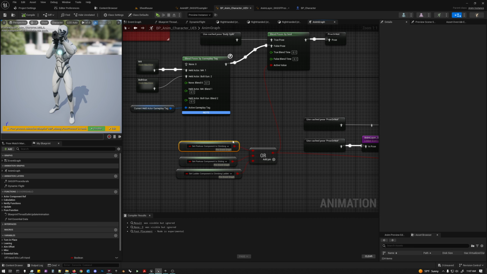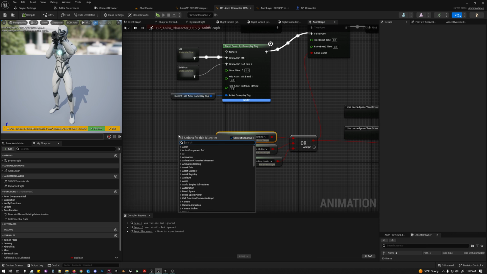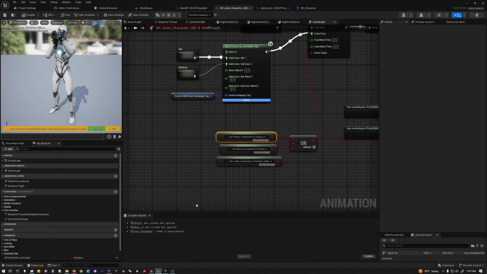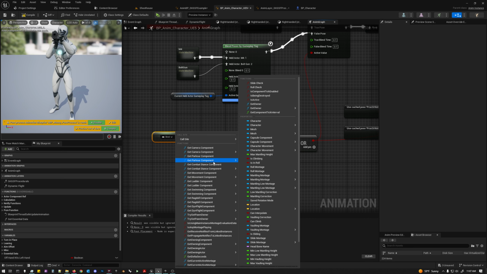This climbing is the Boolean that's used, and I can show you where that comes from. Just to be super clear, because somebody asked this question in the Sneaky Kitty Games Discord, this is a property access node. So if we go to property access, and this is covered in Stephen Ulibarri's tutorial that I mentioned. I'll post it in the links in this video, but this is a property access node that you can use